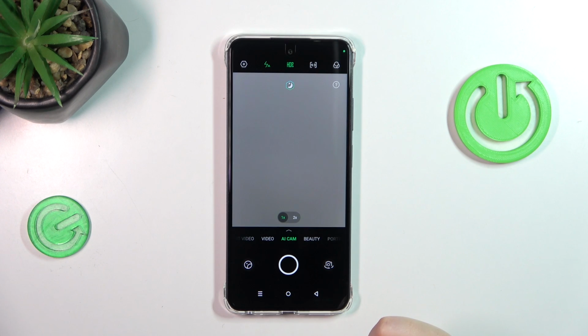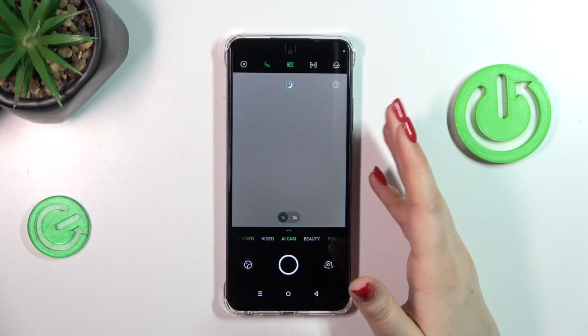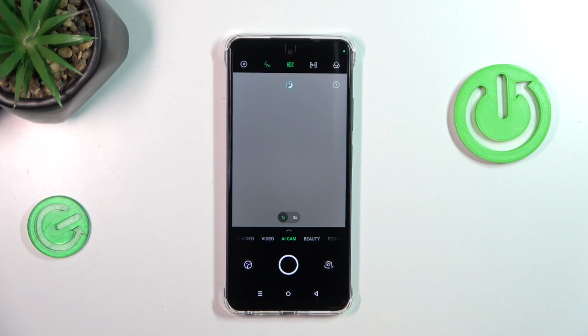And unfortunately, after getting back, we do not have any kind of information that we've got the timer set, but that's okay. Let's simply tap on the shutter button, and from now on, your device will count down from 10, 3 or 5, depending on which option you've chosen, and after that time, it will simply take a photo. Alright, we've got the photo,